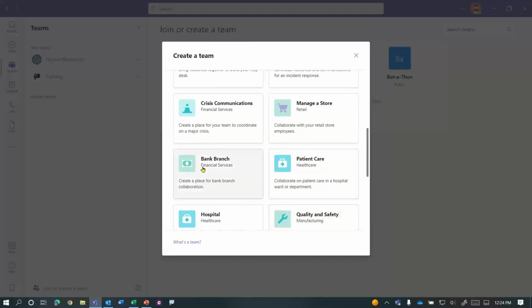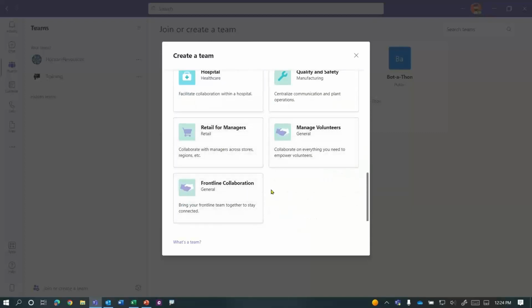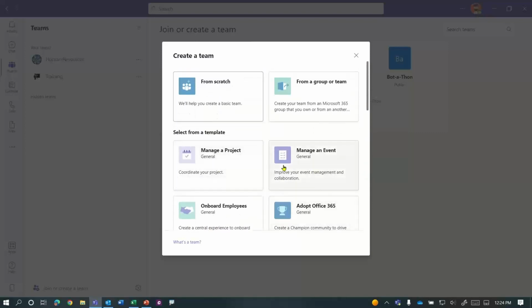So if I want to create a team for a bank branch or patient care or manage a store or a hospital or retail managers, frontline. So again, some of these are really specific, but one that I found helpful is one of the top ones that says either manage a project or manage an event. So let's say that I have a conference coming up in the fall and that's an event I need to manage. So let's take a look at what this